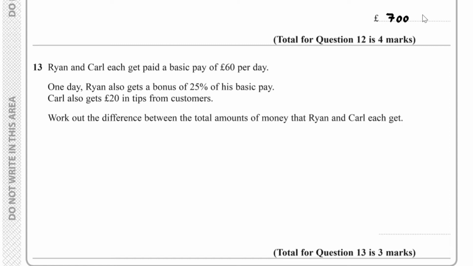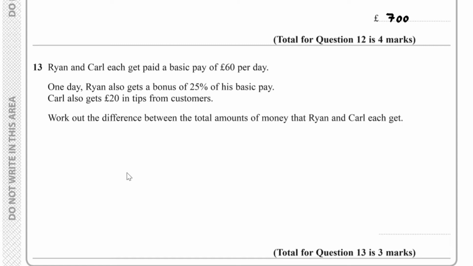Question number 13. Ryan and Carl each get paid a basic pay of £60 per day. One day Ryan also gets a bonus of 25% for his basic pay. Carl also gets £20 in tips from customers. We have to work out the difference between the total amounts of money that Ryan and Carl each get. So Ryan gets a 25% bonus